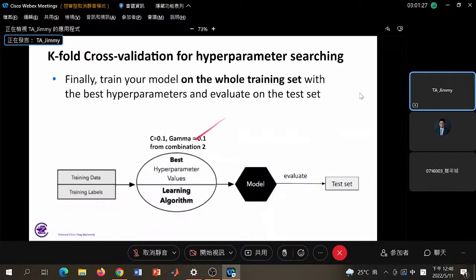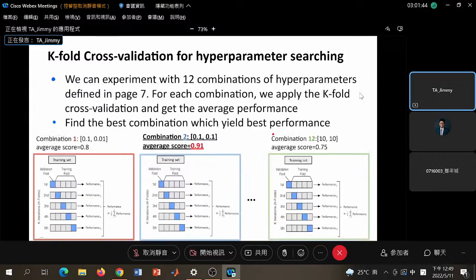After that, we use this hyperparameter to train the model on the whole training set, and after training we evaluate on the remaining test set. Please note that this test set is not involved in the whole K-fold cross validation. The test set is different from the validation and training folds; it is split off before we perform the K-fold